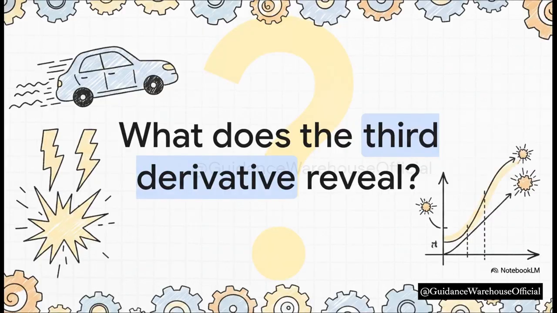I want to leave you with one final thought to ponder. If the first derivative shows us velocity and the second derivative shows us acceleration, what could the third or even fourth derivative possibly reveal about an object's future motion? Think about the physical feeling of a sudden jarring change in acceleration, like when a driver unexpectedly slams on the brakes. We're going to explore exactly what that means and how to calculate it in our next